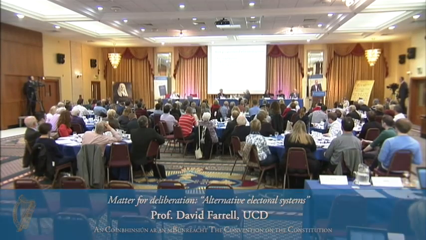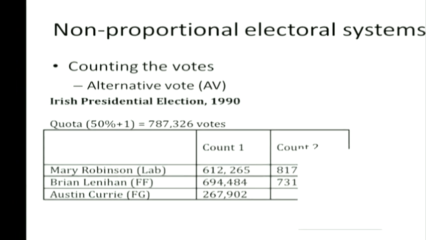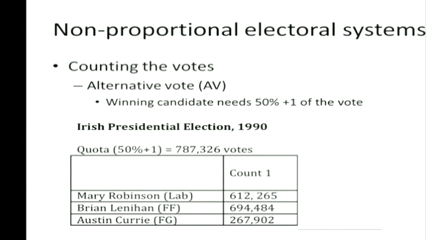So look at the alternative vote. It's quite different, because here you're not just looking for a plurality result, not who has the most votes. The winner must have an overall majority, at least 51% of the vote. Here's an example from a presidential election, which is probably the most pertinent one to use: the election of Mary Robinson in 1990 as the Irish president. The quota is the same kind of thing that Michael Gallagher was talking about a minute ago. You have a quota to pass, which is effectively 50% plus 1 of the total number of votes, in this case in the whole of the Irish Republic. And the quota was